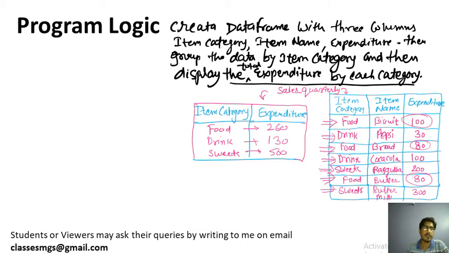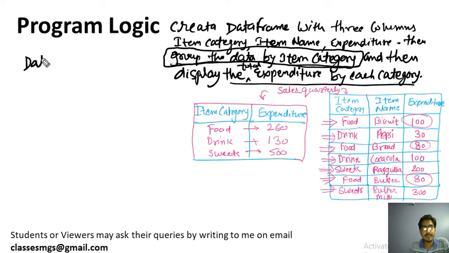So you should first understand what is given and what is expected. Now, to solve this problem, you need to understand that this practical itself says you will use the concept of grouping the data by item category. So you will use the concept group by here. Okay, without group by you will not be able to do this. There is some other way, but I will tell both the ways. But for now you need to understand what a data frame is. If you don't know the data frame, then there is no way to go ahead.